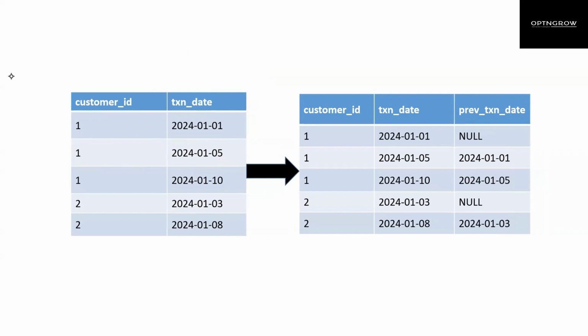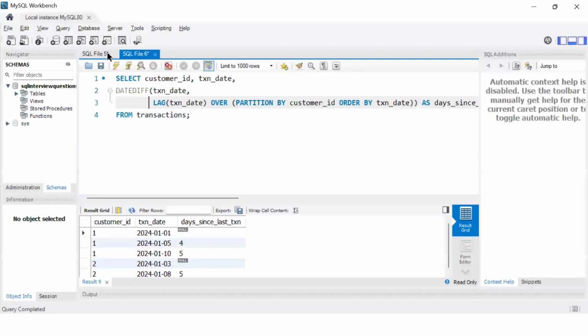Okay, over here you can see that this is what we want. We are not going to create a temporary table or something like that; it is just for the explanation. So you can see that for each and every transaction, we have the previous transaction date. The next thing, once we are done with this column, is to simply subtract the two values. Quite simple, right? So let's quickly look into the solution.